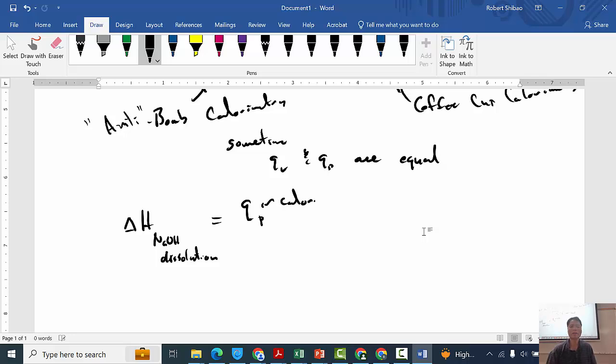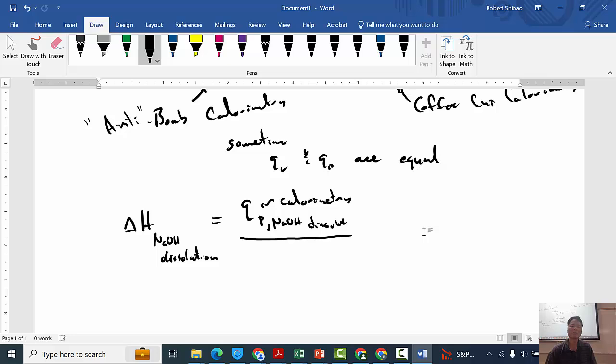And so we're doing calorimetry to measure the amount of heat. The way we're going to get the Q for sodium hydroxide dissolution, this is QP, constant pressure. But in this case, it doesn't matter. QP and QV are equal for sodium hydroxide dissolution,